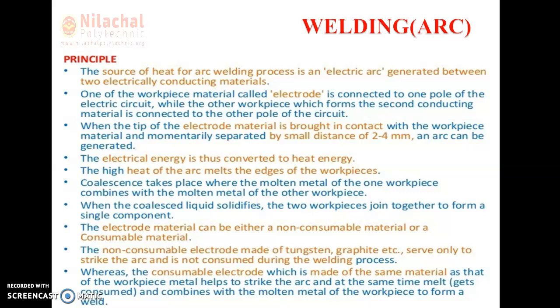We already completed these points. In arc welding, after connecting, the electric arc is generated between the anode, which is the positive pole of the power supply, and the cathode, which is named as the negative pole of the power supply. Among the two poles, one is connected to the workpiece and the other pole is connected to the electrode. When the power is supplied to both the poles,